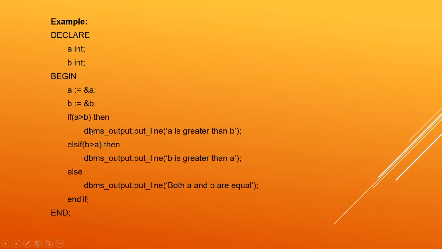So we write a condition with else if. The takeaway from this particular program is that you have to be careful while writing else if. There is no E in between, it is ELSIF. All right, so a condition followed by then, and whatever executable statement you want to write, you write within the block. So this is the if block, this is the else if block, and this is the else block. So you can have nested if else.